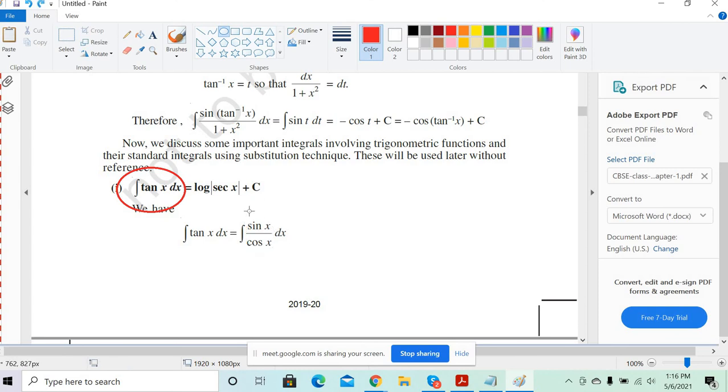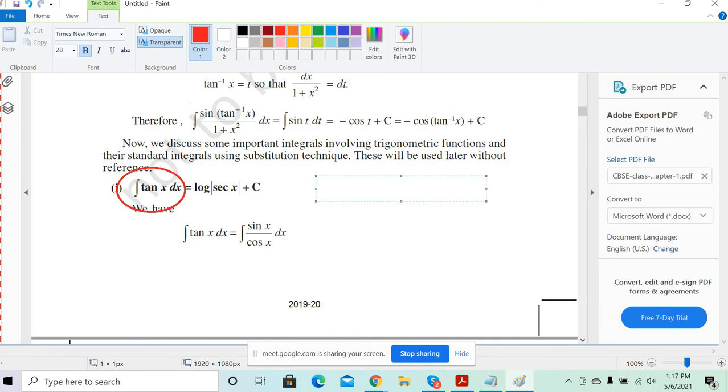So we don't know how to integrate this part, so we have to bring it to a common form. We know the differentiation of cos x is minus sin x, correct? So we need to eliminate the denominator here. So sin x dx. Now let's see that. Let cos x be equal to t, correct? Yes, sir. Now differentiate with respect to x on both sides.